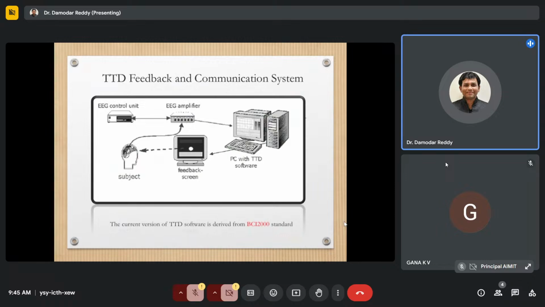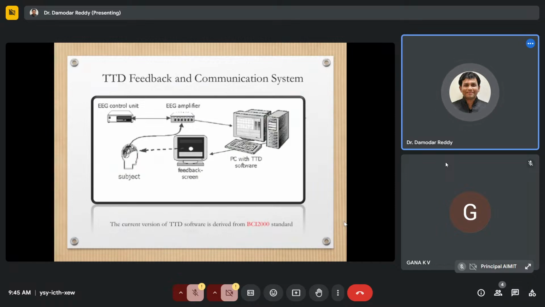Simply put, we have a subject and we take the data from the subject in a non-invasive mode of data acquisition. Invasive we don't refer to, because that is to be done by the experts. And then we have an EEG amplifier that amplifies the signals, and then we have a workstation where we store the signal. Then we have a feedback screen in the front end. What you require a feedback screen for is, as I mentioned, it's difficult to stabilize the cognitive levels of the human brain when the data is recorded in a conventional mode. So we need to give a lot of training to the subject. We need to look into the quality of the signal being captured in real time. Therefore, we take subject 1 data, trial 1, trial 2, trial 3. Subject 1, different trials, about 15 to 20 trials maybe you can take.